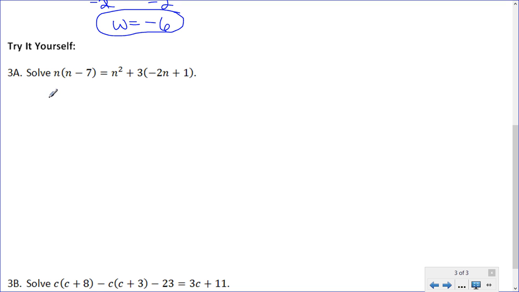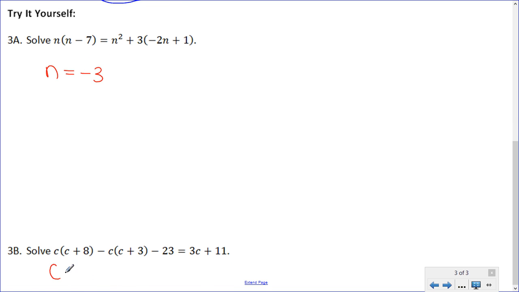Okay, for the first one, you should get n equals negative 3. And for the second one, c equals 17. And for this one, what you probably noticed if you did this correctly was that there actually were like terms on this side of the equation that you could combine. There weren't any in this problem and also in the example that we did, but in this one there should have been some like terms that you could combine on the left side of the equation before you started adding and subtracting. But if, of course, for some reason you didn't get either of those solutions, go back and check your work,